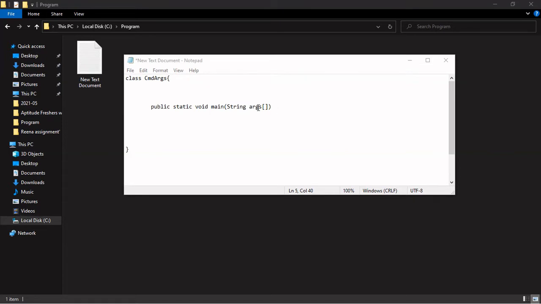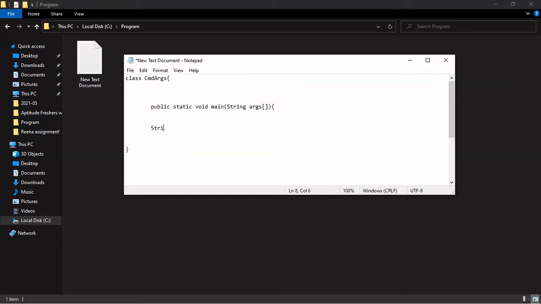Here you can see the args variable, which is an array of type string. It will store values coming from the command line in a sequential manner, and we can fetch these values using their index values. Now we will declare two variables, string A and string B.